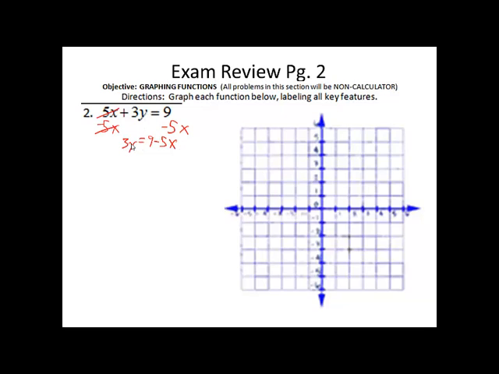Now we have 3 times y equals 9 minus 5x. So the way we undo a multiplication or a times is we divide by 3. The reason we divide by 3 is now, as we see here, 3 divided by 3, our 3's are going to cancel. We're going to be just left with y. So y is equal to 9 divided by 3 is 3. A negative 5x divided by 3 is not going to simplify to a whole number, so we're just going to say